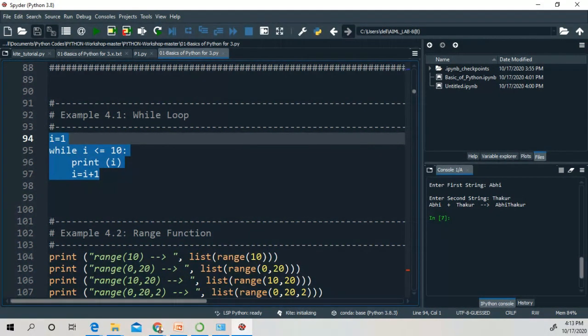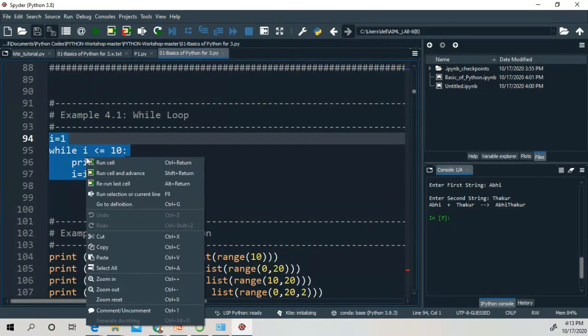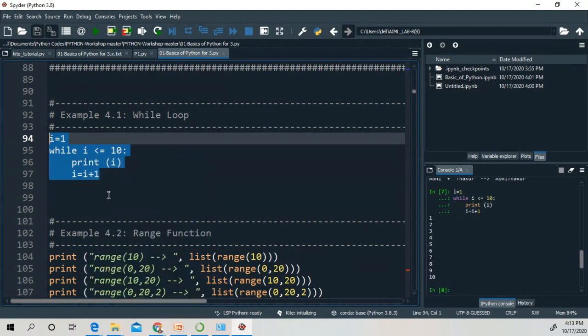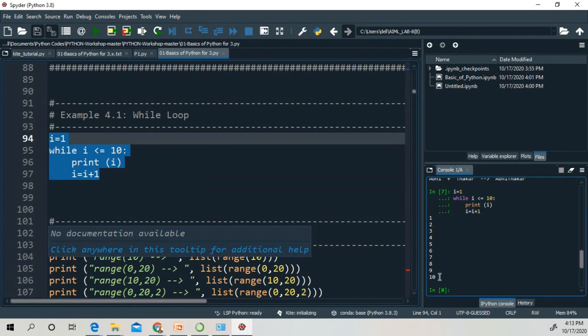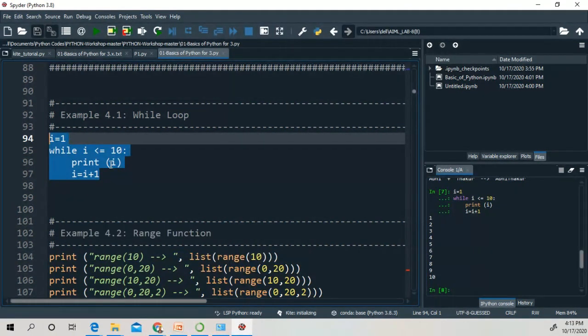Okay, so let's take an output 1 to 10 in a new line. Okay, so you all understood about this while loop.